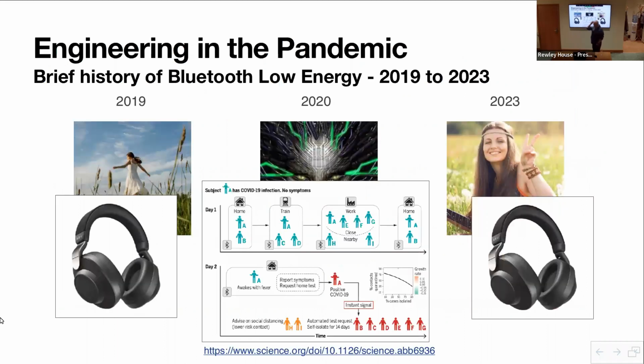So this is me. This would have been better with a build. So this is me gallivanting around lovely fields at the start of the pandemic. Theresa May wasn't there. And the way we all used Bluetooth back then was just literally that. Get audio from your phone to your headphones into the car. That was pretty much it, right? Bluetooth had been around, Bluetooth Low Energy had been around for 8 years, Bluetooth much longer than that.